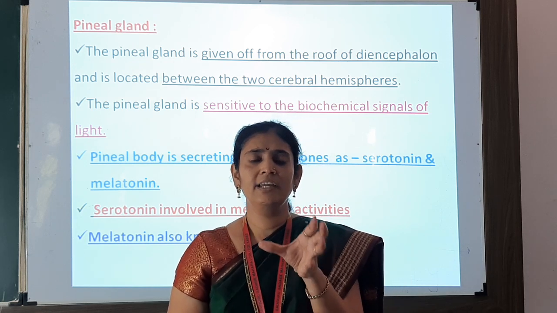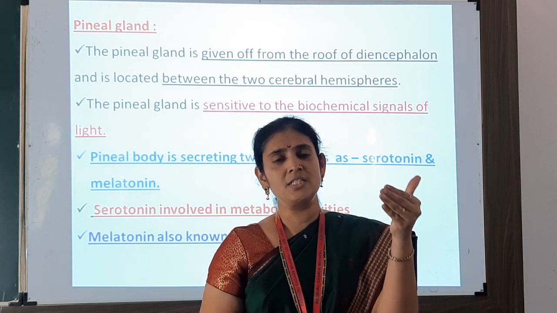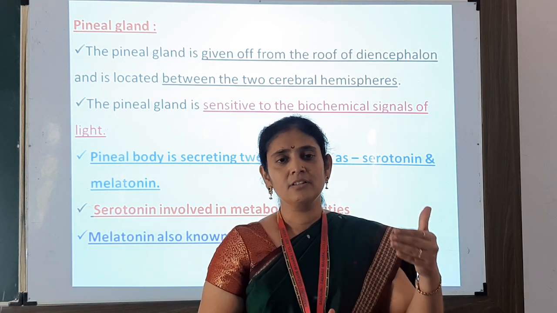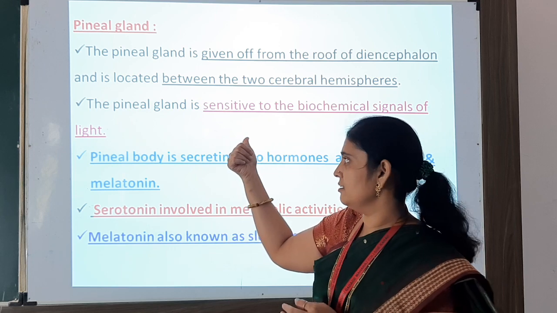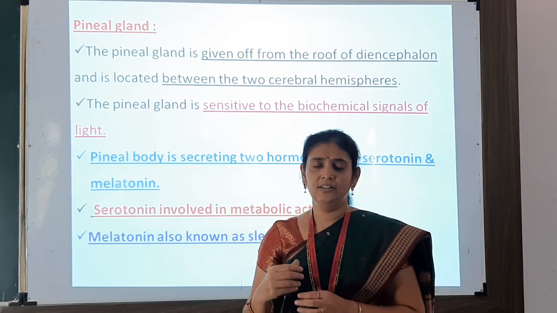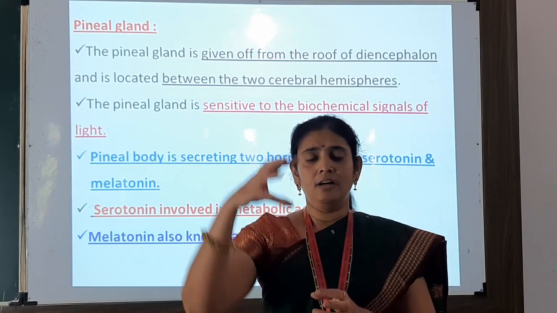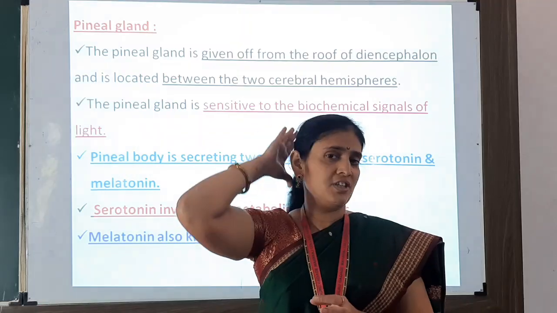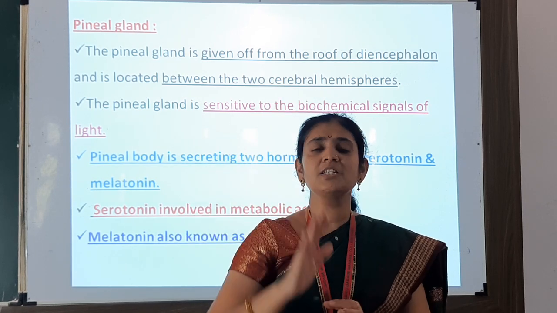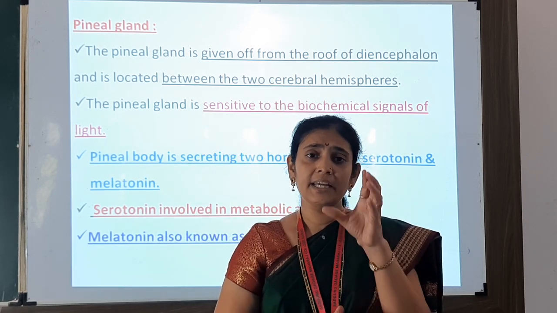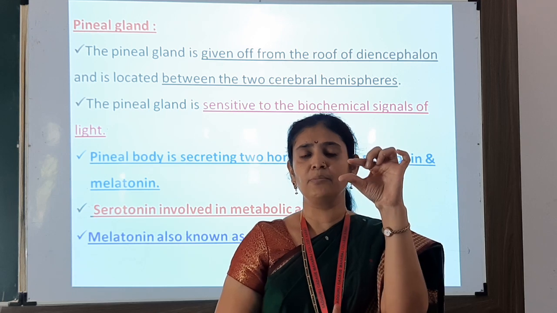So the first endocrine glands in the list we have seen in previous lectures are the hypothalamus and pituitary gland; second and third to 7 there are different glands, of which the third hormone-secreting gland is the pineal gland. Now as we know, this pineal gland is present in the diencephalon region, the last part of the forebrain, and in the diencephalon we have seen the epithalamus, hypothalamus, and the middle part is the thalamus.